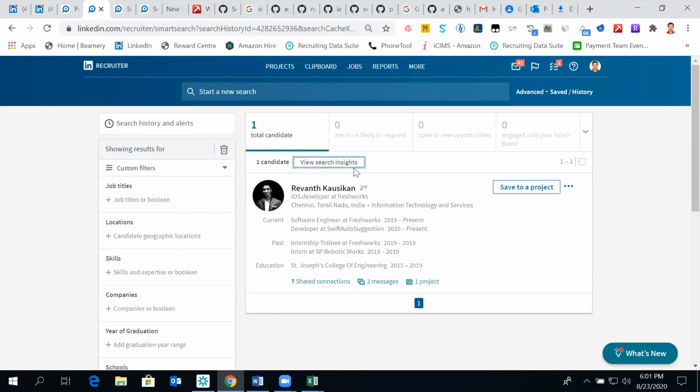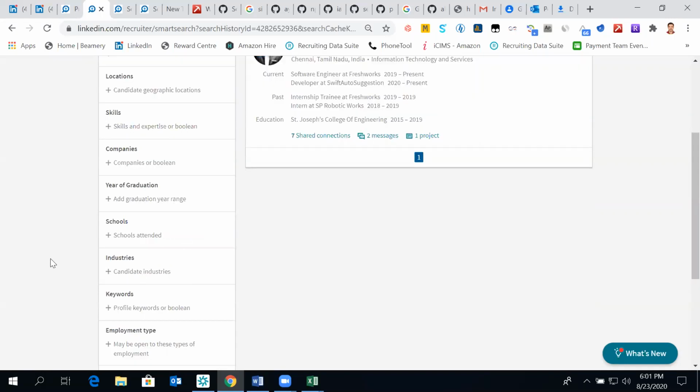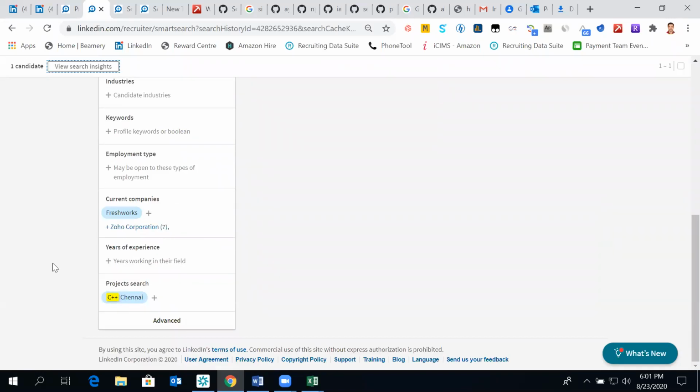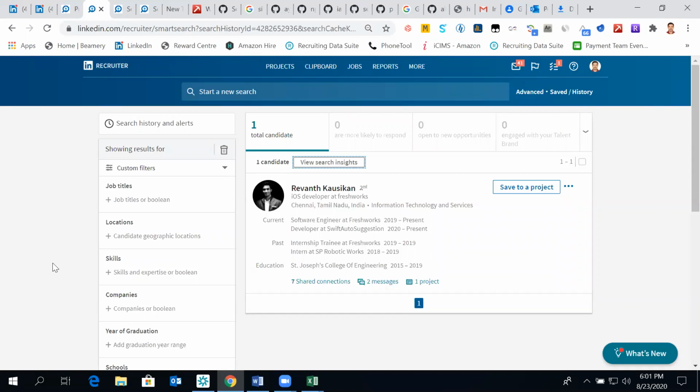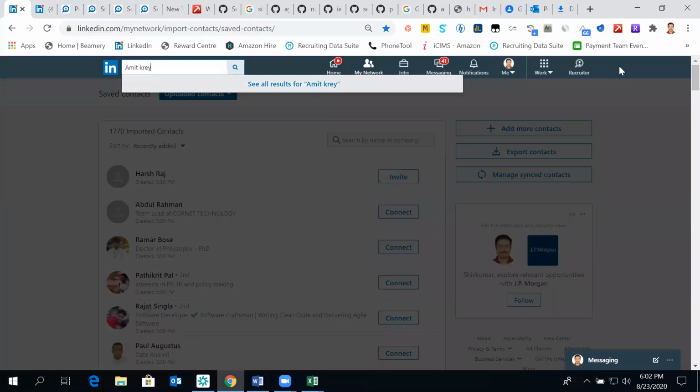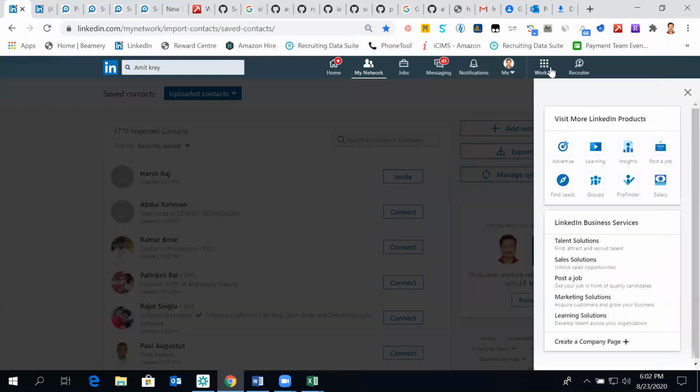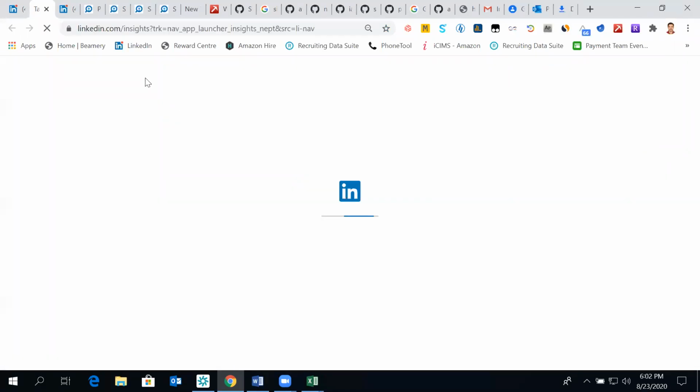This is an old feature only, existing for quite a long time but unexplored, and the project search is also existing for quite a long time but unexplored. What you're saying, Talent Insights, is a different product itself. But I believe after changing the UI, they have updated the name. I'm not sure. Now, if you see here, in a work, I have one insights. This product itself is a different product. We'll have to again purchase one more license for this.